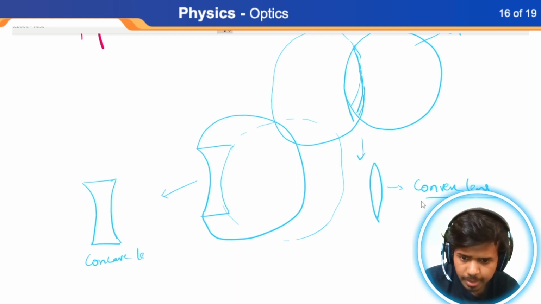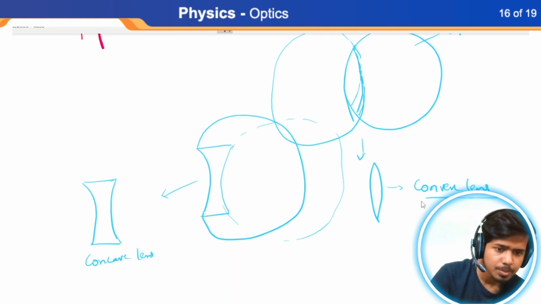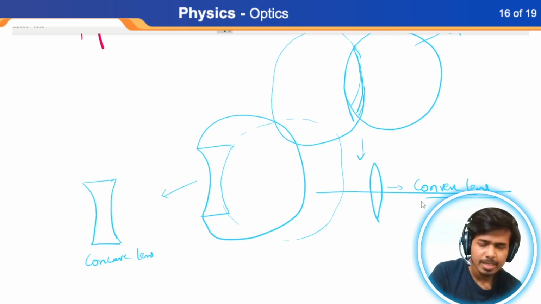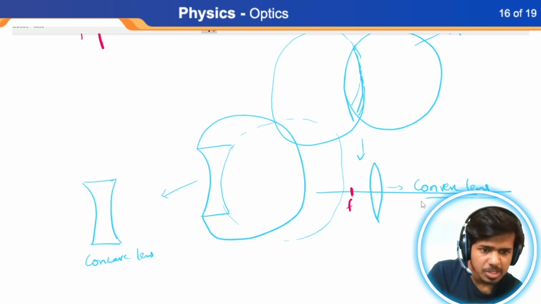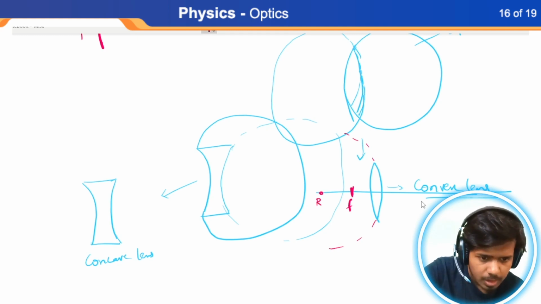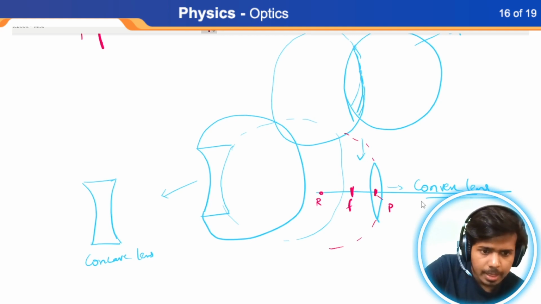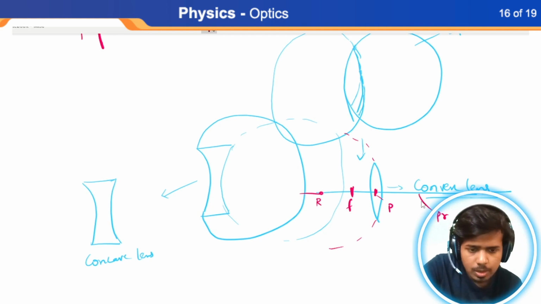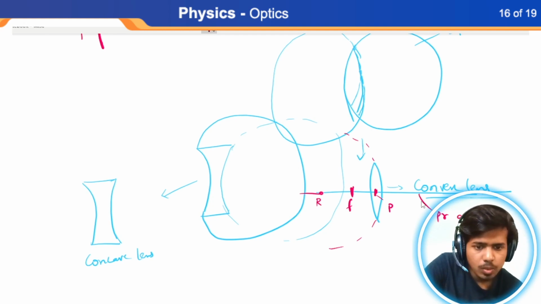Concave lens. Now what you can do is draw the principal axis. This is the focal point. Focal point is basically when this was a particular sphere, then what was the radius of that sphere? Half of that is the focal point. This is the pole, and this is the principal axis. And what you can do over here now, you can place the objects here, here, wherever, and based